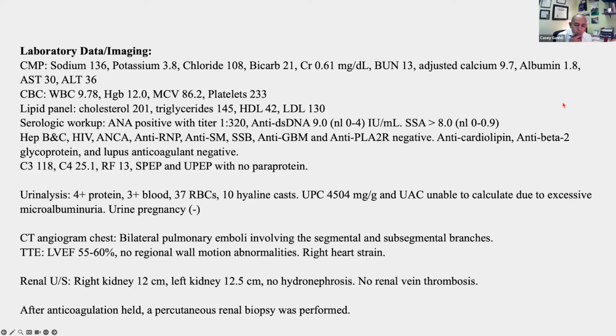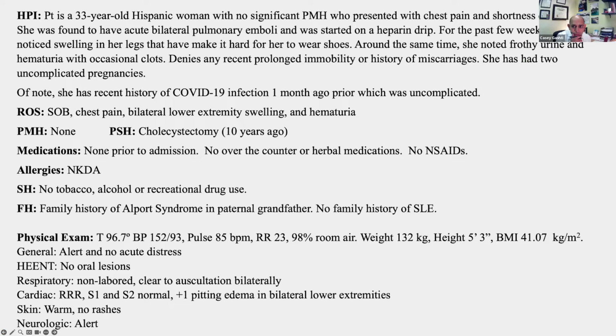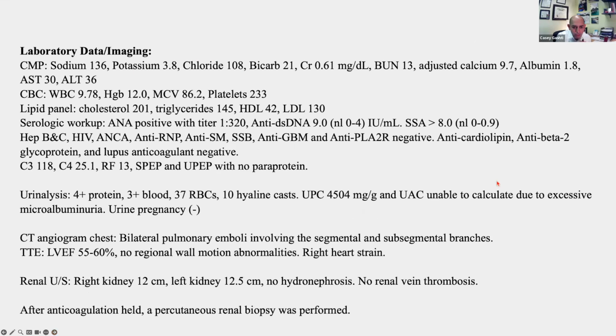Sure. So we have a 38-year-old young woman who essentially presents with what appears to be sudden onset of nephrotic syndrome. She has bilateral pulmonary emboli. So this all appears very acute. She's hypertensive. She is swollen on exam, and on laboratory evaluation, she has some positive lupus serologies with ANA and double-stranded DNA, although her complements are normal, and she also has a positive SSA.